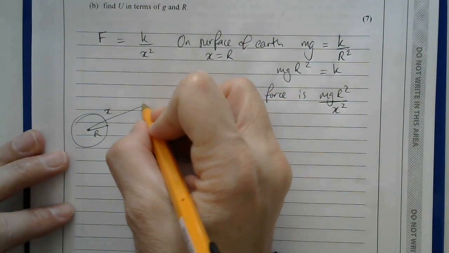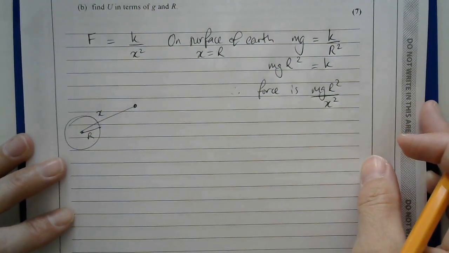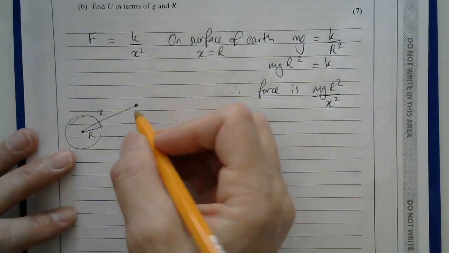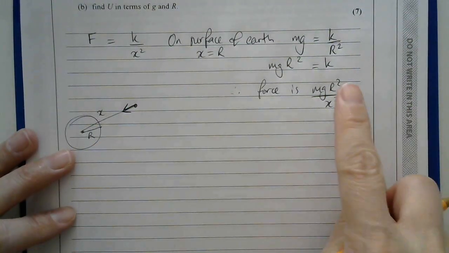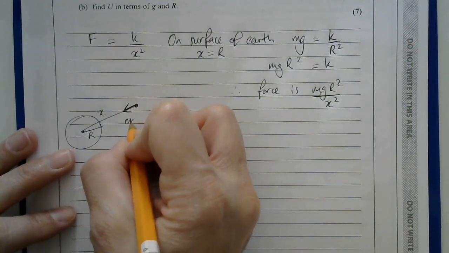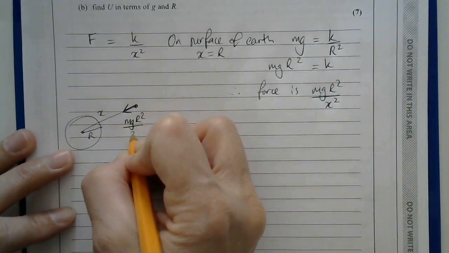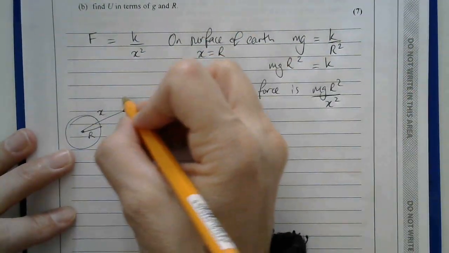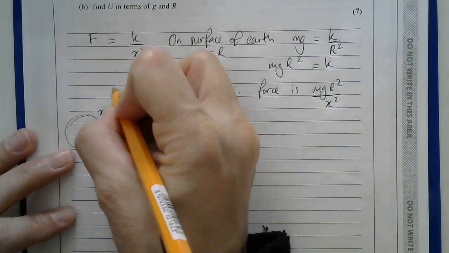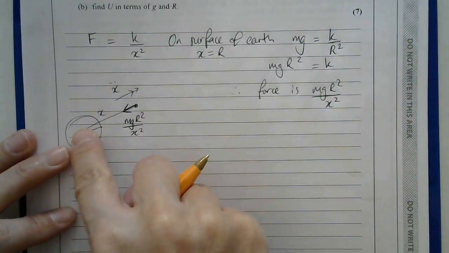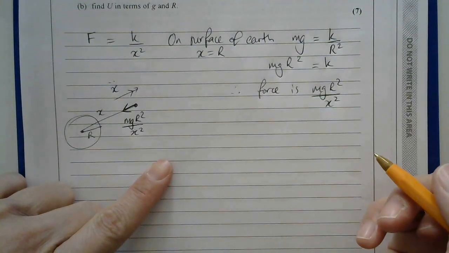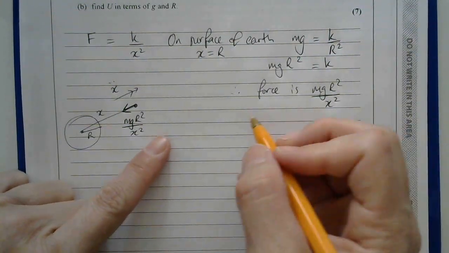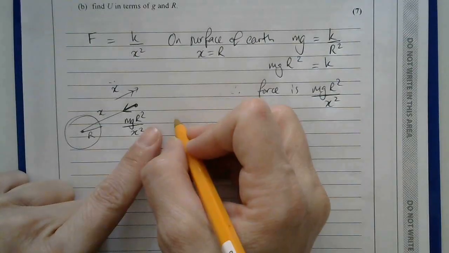When it's at this random position, a distance of x from the centre of the Earth, I've got the force towards the centre of the Earth of mgr squared over x squared. Because x is measured in this direction, x double dot is measured in this direction. I can therefore write down, using Newton's second law,